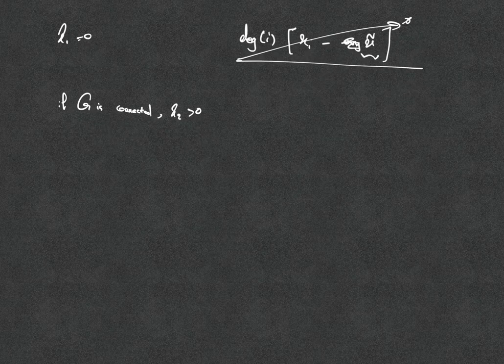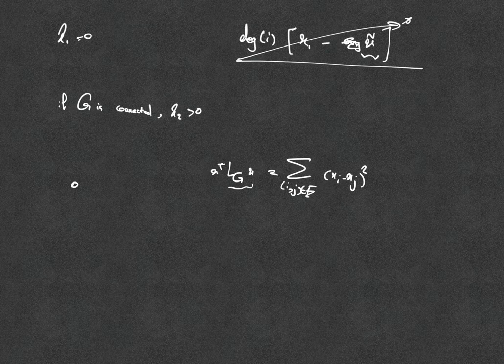And essentially, the dimension of the null space of LG is exactly the number of the connected components of the graph G. You could use induction to get to this, that the dimension of the null space of the LG is the exact number of the connected components of G. But some simple examples about this is something like this. You have, for all of the edges, you have this equation, LGX and when you have like something in the null space of LG, this becomes 0, this entire thing becomes 0.